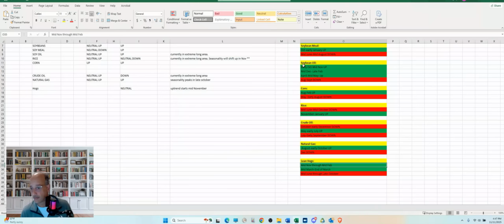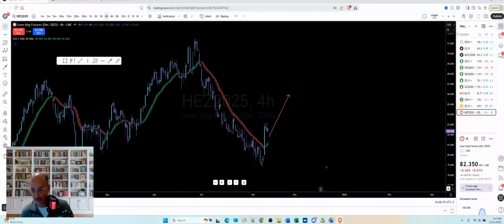But you could just consider it to be one giant seasonal move from October through February, which is kind of what we see with soybean meal and soybeans. So I just technically split this up a little bit, but it doesn't mean that it's going to go back down in between those two time periods. All right. So yeah,